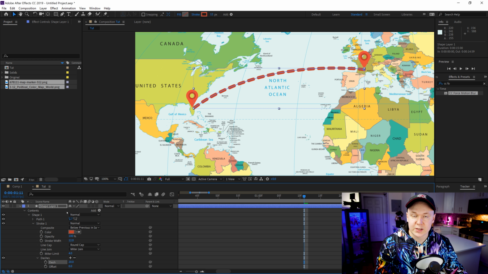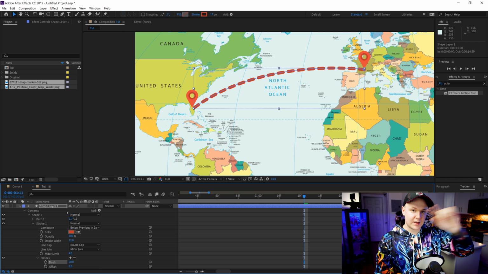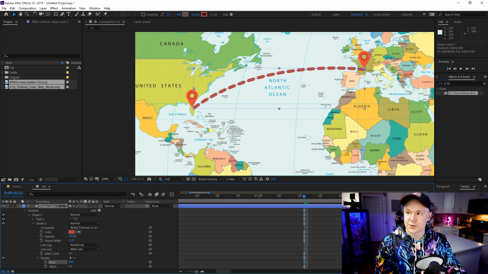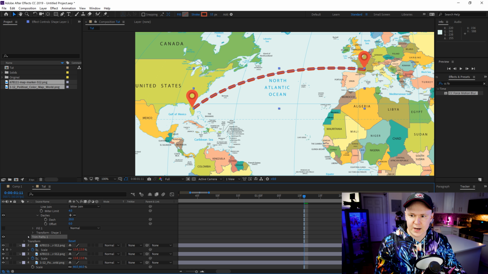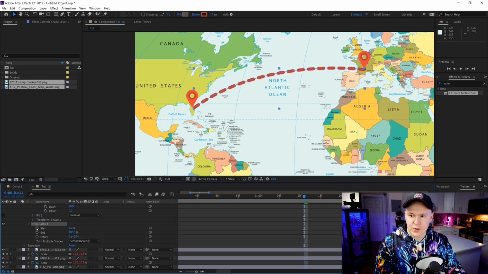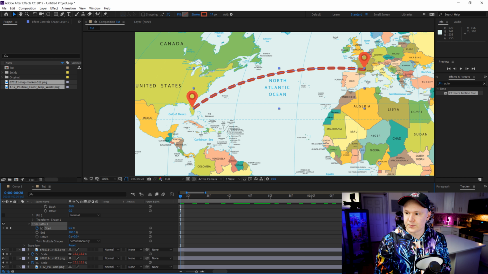Last but not least, we need to create the animation of it going left to right, or right to left, whichever you prefer. What we'll do is click the shape layer 1, we'll click add right here in contents, and we'll go to trim paths. Add that, drop down on trim paths. We will do a start keyframe for start, go back in time, however long you want to do it, doesn't matter, and then move the start up to,